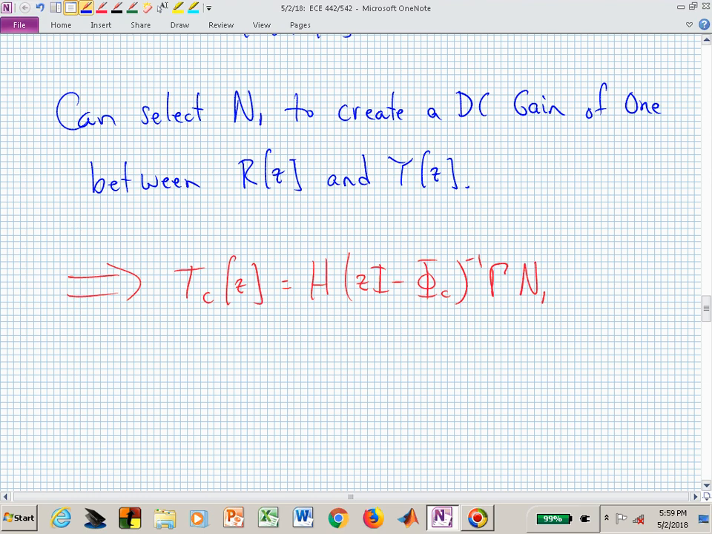Now we're looking at the limit as z goes to 1, right? That's DC behavior in the z-plane. We simply replace z with 1. That's pretty easy. Now we just have the identity matrix. And we look at setting T sub C of Z equal to 1 and solving for N sub 1. We want that to equal 1, and so now we're looking at H, I minus phi sub C inverse gamma N sub 1,